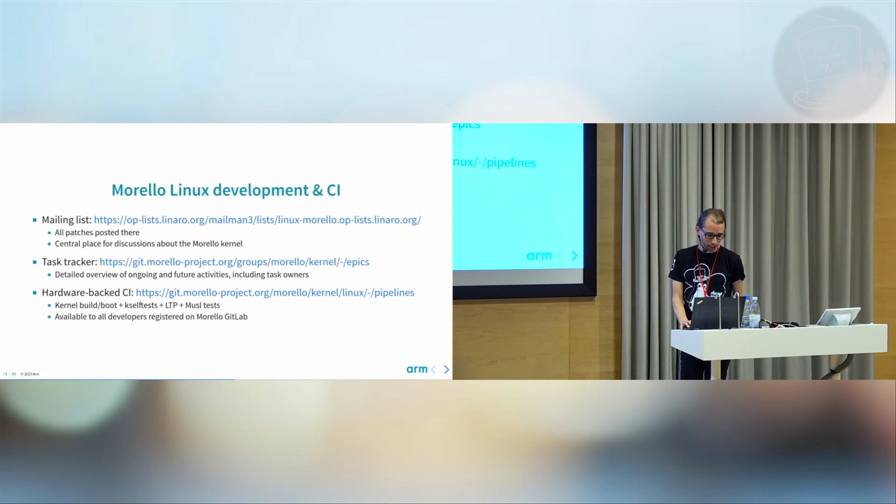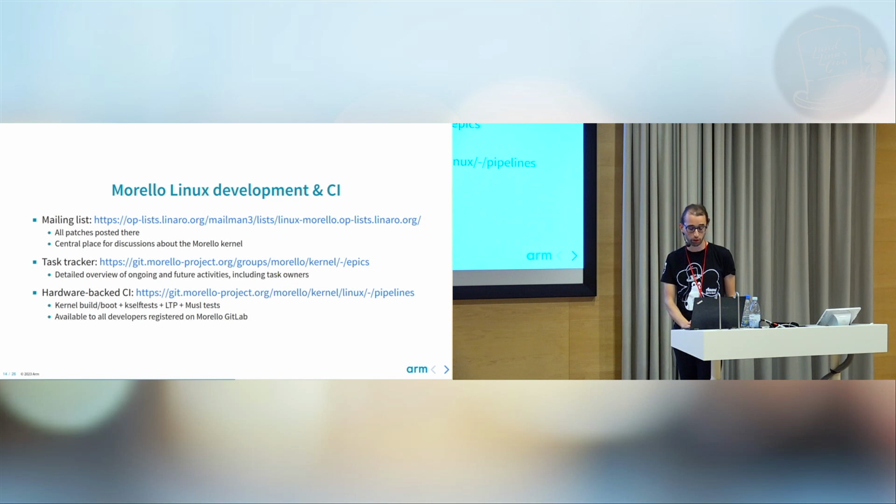So yeah. This project is now really fully open, so we're trying to do everything in the open. So we have this mailing list where we post all the patches. We can have all discussions, all kernel-related discussions there. We have a task tracker as well. You can get an idea of where we are, what we're going to do, who does what, and quite importantly, we have CI that's running